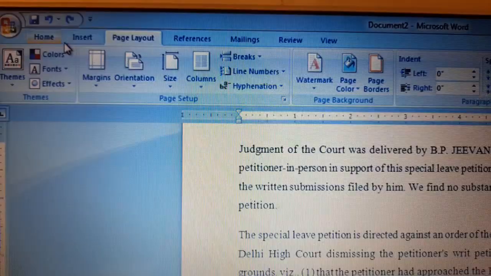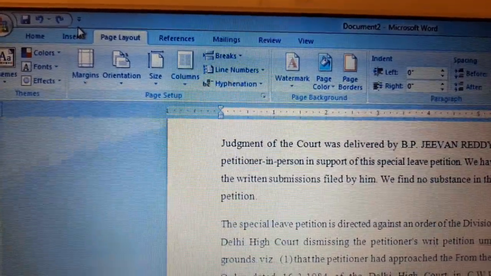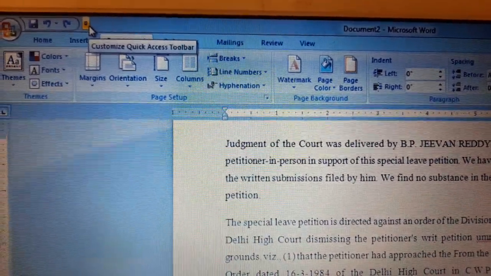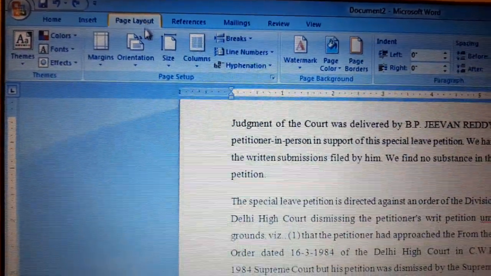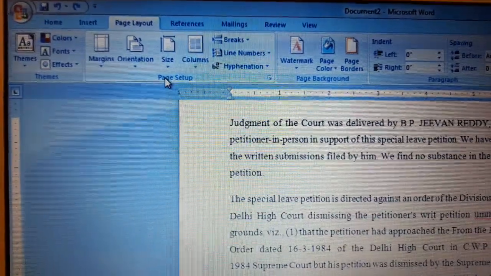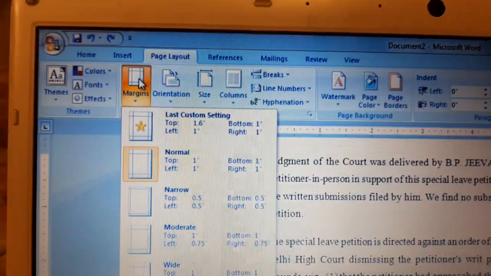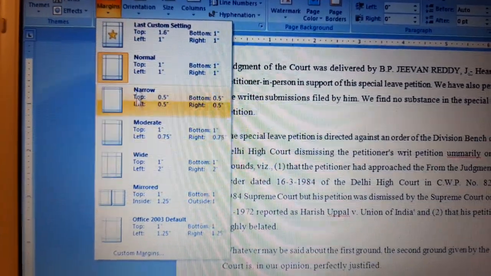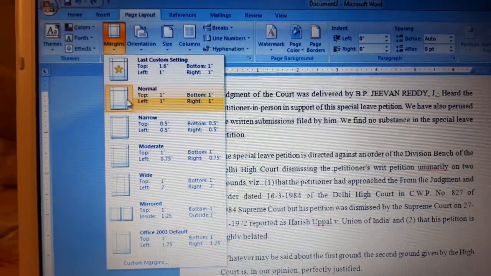Secondly, you can set margins using the page layout tab. How can we use that? Now turn to page 34. For that, click on the margin option in the page setup group on the page layout tab. This is the page layout tab. Here we will go to the page setup group and in the page setup group we have margin. A drop down list of options appears. This is the list of all the options.